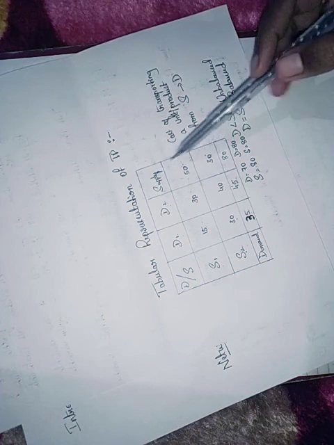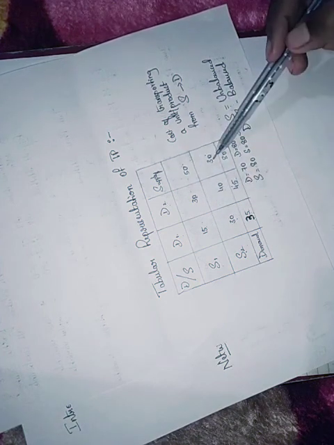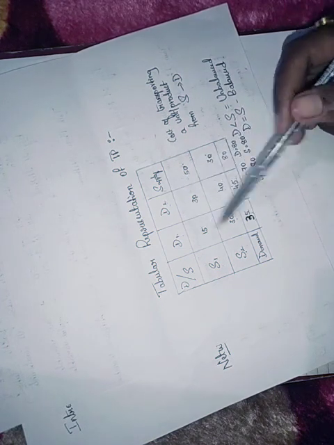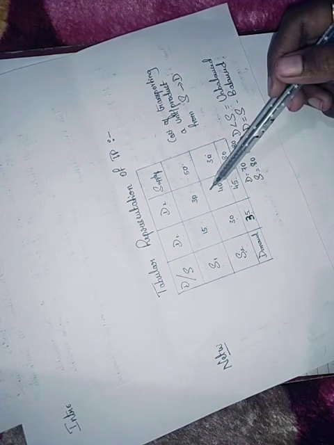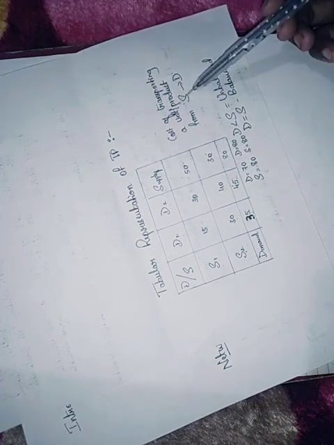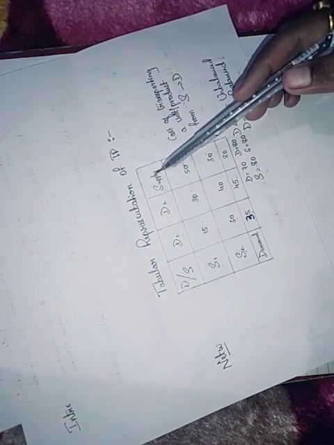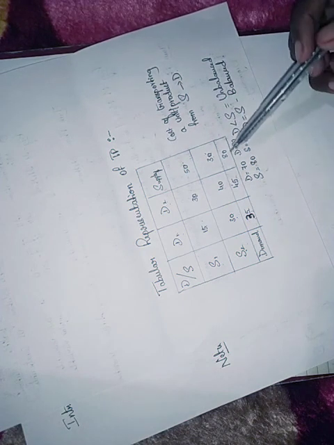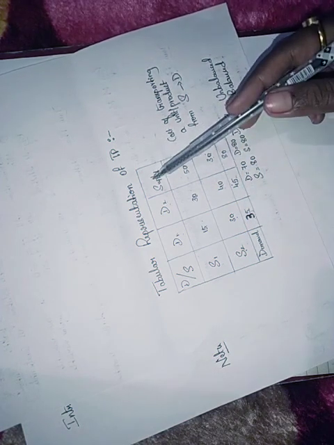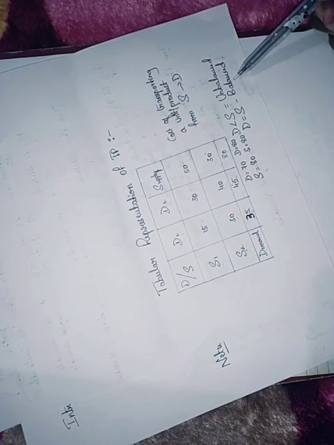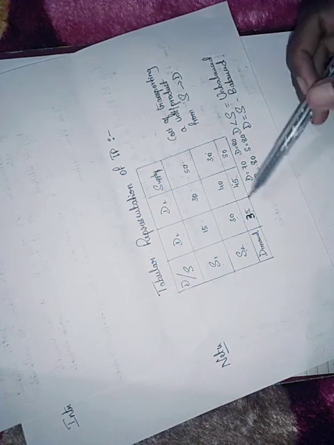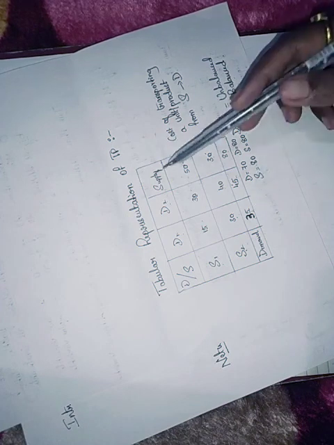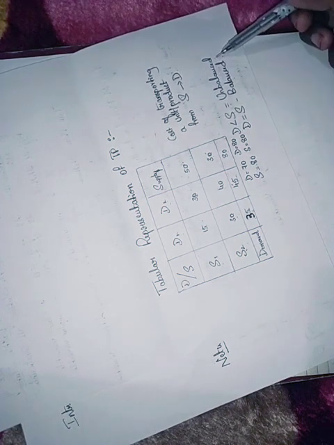This column represents the supply capacity of source 1 and source 2, and this represents the demand requirements of D1 and D2, and the numbers in these four cells represent the cost of transporting a unit or a product from source to destination. First, when we are given the problem, we have to compare the total supply capacity and the demand requirement. If D is equal to S, we call it a balanced transportation problem. And if D is either less or more than S, that means demand is either less or more than supply, then we call it an unbalanced transportation problem.